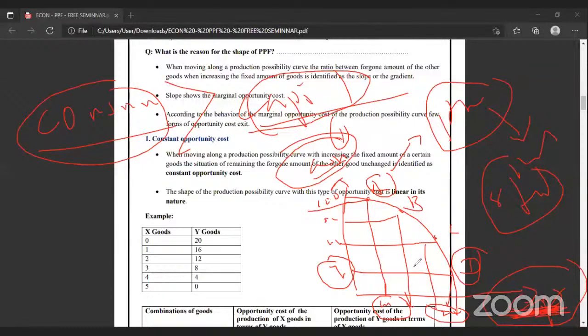So the opportunity cost of economic growth in the future is what? Sacrificing the consumption at present. So if an economy is focusing on more capital goods at present, we are sacrificing more consumption. That means we are producing only, for example, 50 million value of consumer goods. At present, people's standard of living will be very low, but in the future, the economy will grow. The economy will grow because we are exporting capital goods. Why? Most of the resources are allocated to produce capital goods, right?